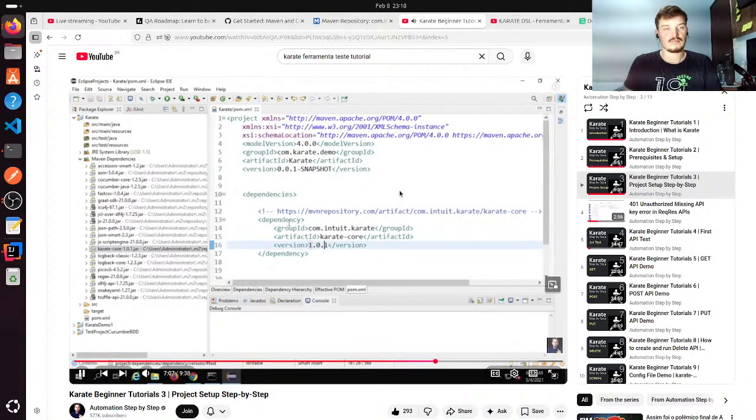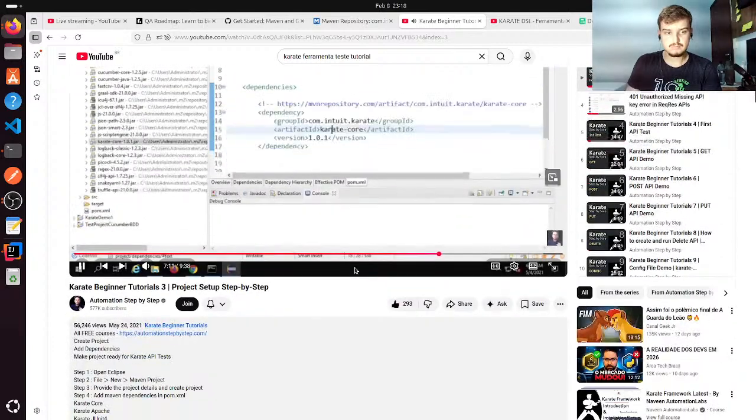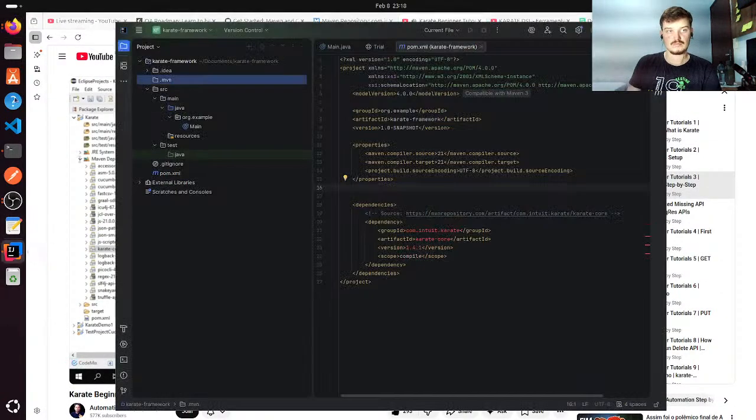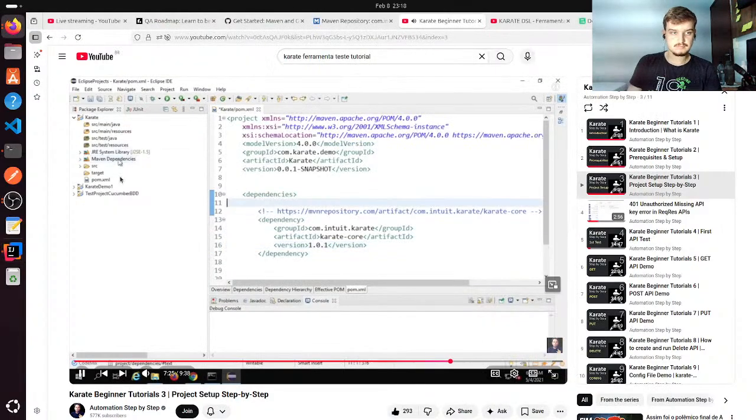Therefore, save my project and the pom.xml will take care of all the dependencies. Again, if I have to use a different version tomorrow, I will just have to make the changes here and save, and that's it. Sometimes saving does not get or resolve all the dependencies, then you can just